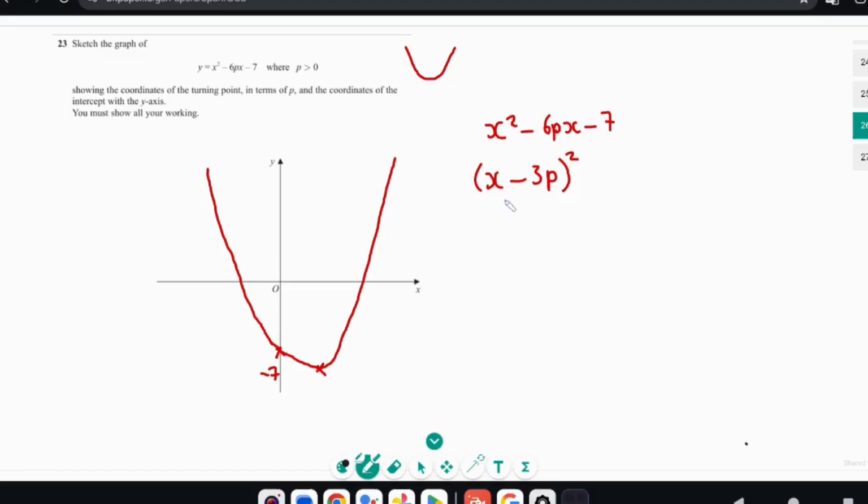times 3p, which is 9p squared. So the minus 3px minus 3px would give the minus 6px. But we'd have a 9p squared we don't want from the minus 3p times the minus 3p. We need to take that off. Now, the turning point here, I'm just going to draw my graph again to make it look more symmetrical. So the turning point here,